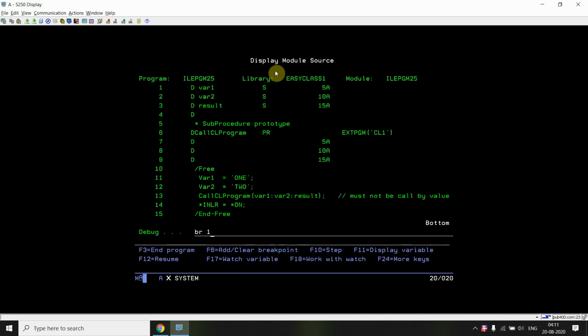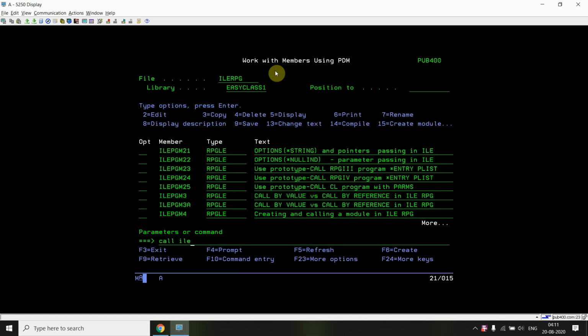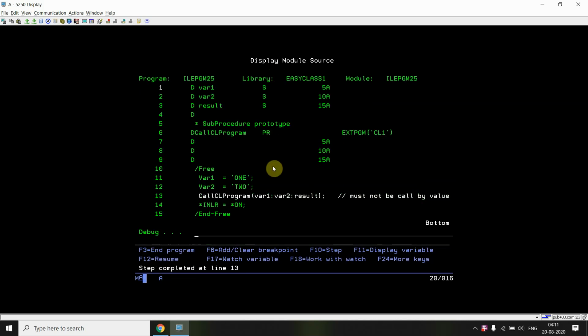Just set the breakpoint at line number 1. Call ILE PGM 25, F10. So we are passing these 2 parameters, and this is blank.